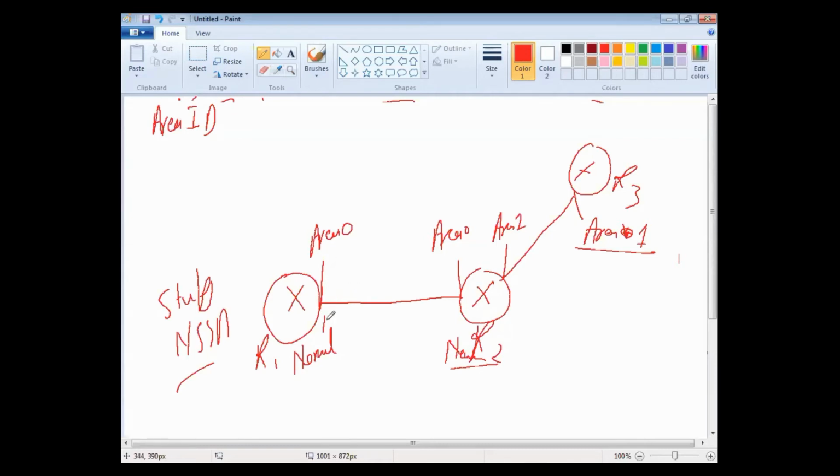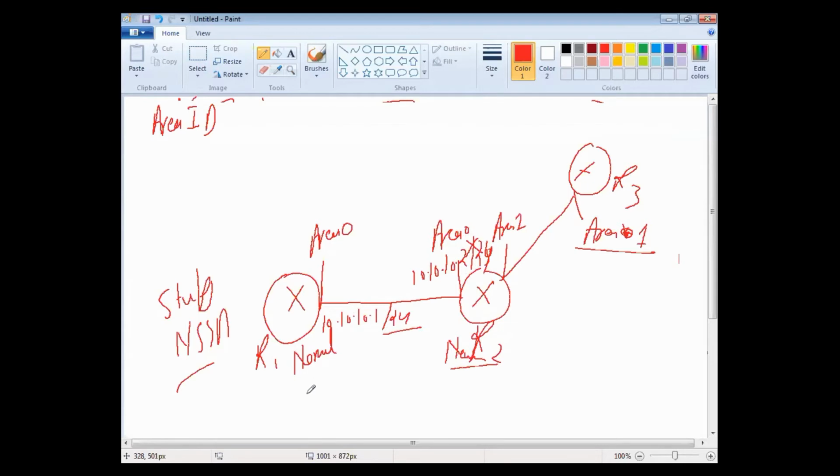If we are using 10.10.10.1/24 here, then it should be 10.10.10.2 here. We cannot go with /25. That is wrong. We have to use /24 here also. So the prefix and the subnet mask must match.